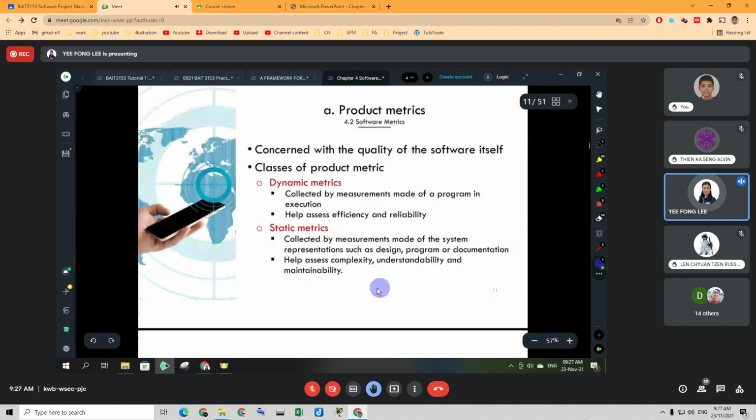So product metrics are concerned with the quality of the software itself, as the name says, product metrics. So two classes or two categories: